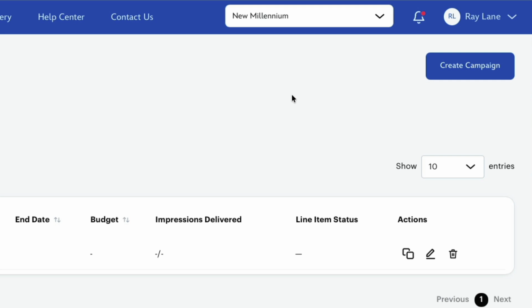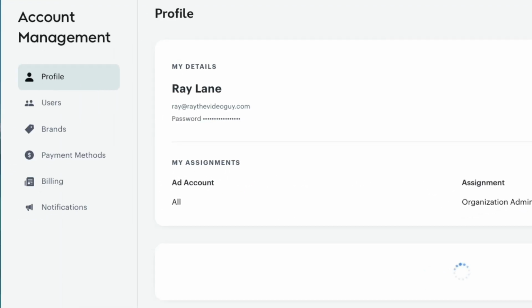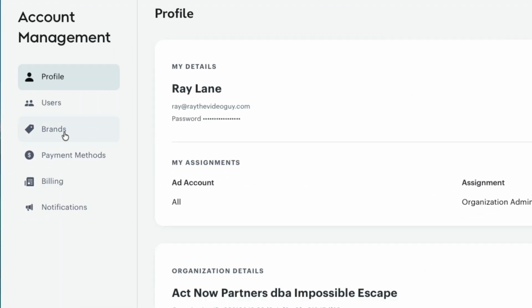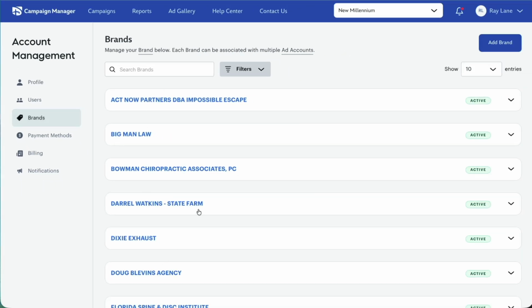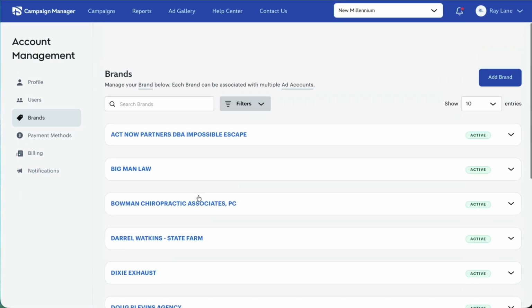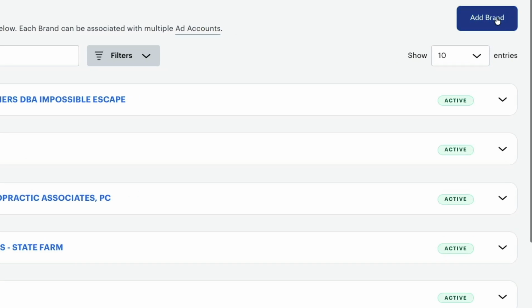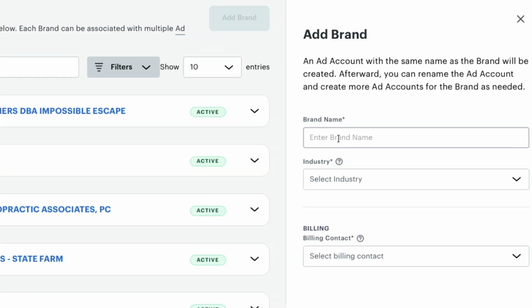So the way that we add brands is actually a little bit weird. You actually go over to your name on the right-hand side, click on that and hit Account Management. And inside here, you're going to see there's a button for brands. Click on this, and this is where your brands are going to be listed. And so what you're going to do is hit Add Brand, and this is where you put in the brand name. So in this case here, I might put the brand name Larry's